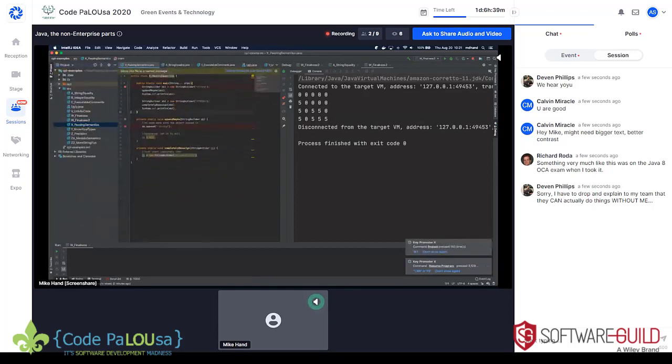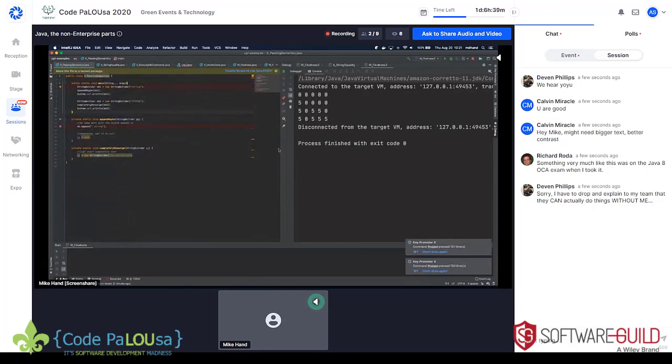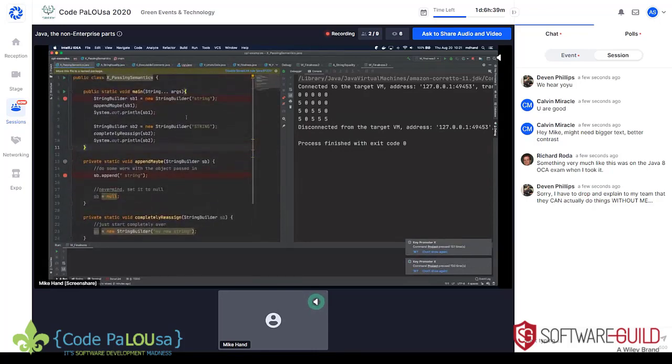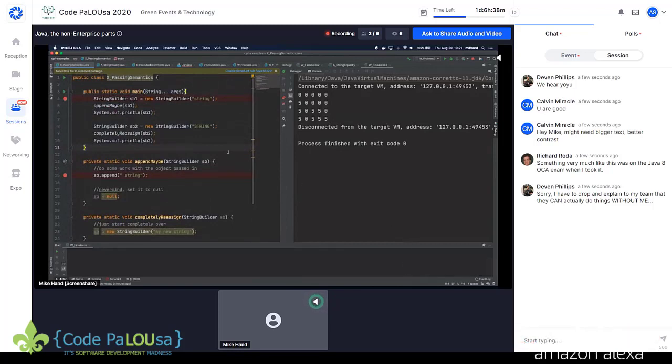Okay, passing semantics. This is actually one of my favorites because this really gets into, kind of back to what I was saying, what makes a language tick? This works differently in different languages. The way that passing semantics work in Java are different than the way passing semantics work, for instance, in C++. People say that the two languages are very similar. They have extremely similar syntax, but passing semantics is one way in which they differ. So let's kind of walk through this mentally and talk about what we think might happen.